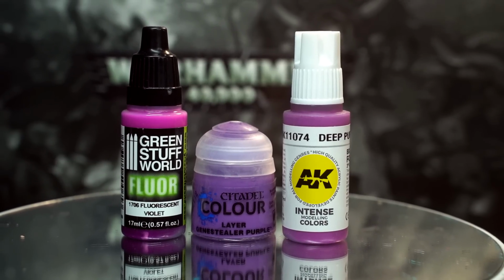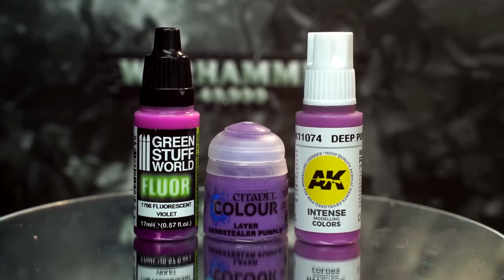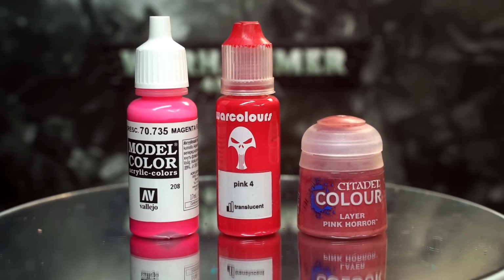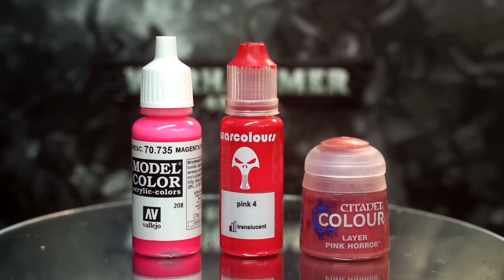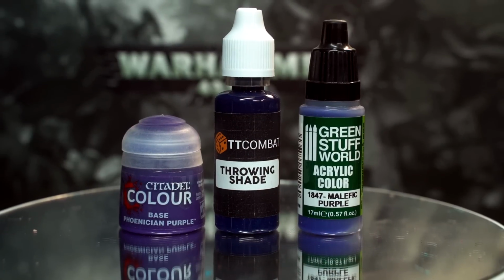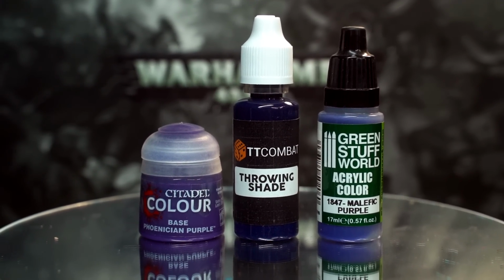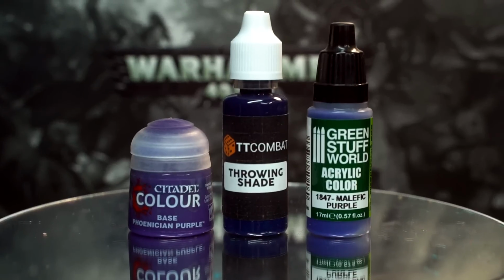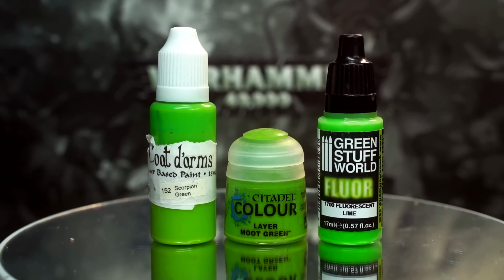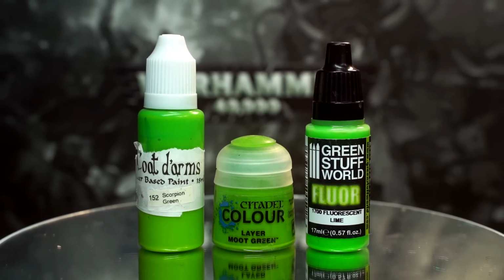For the violet, Green Stuff World Fluorescent Violet, Citadel Genestealer Purple and AK Intense Purple went head to head. The 3 magentas we compared were Vallejo Fluorescent Magenta, Warcolors Pink 4 and Citadel Pink Horror. The midnight purple colours we tried were Citadel Phoenician Purple, TT Combat Throwing Shade and Green Stuff World Malefic Purple. And finally, the radioactive greens we tried out were Coat d'Arms Scorpion Green, Citadel Moot Green and Green Stuff World